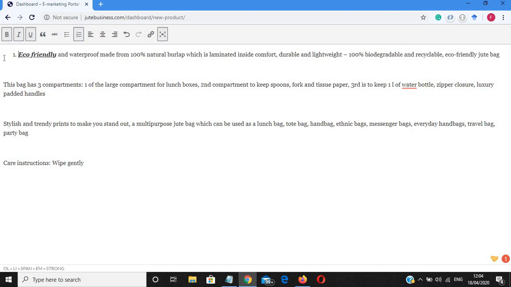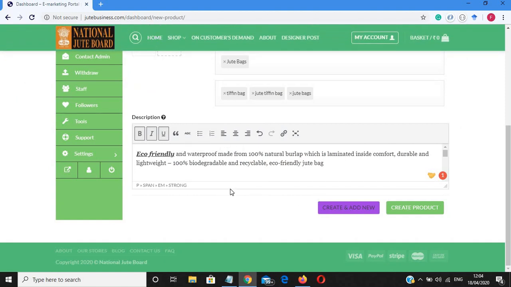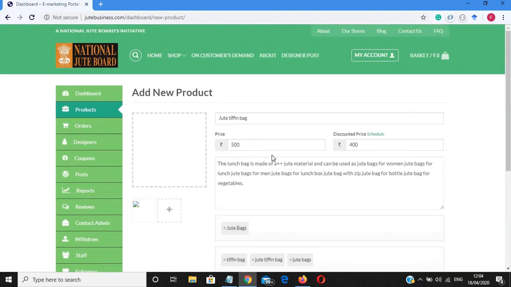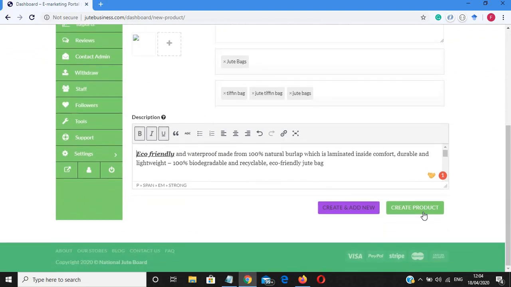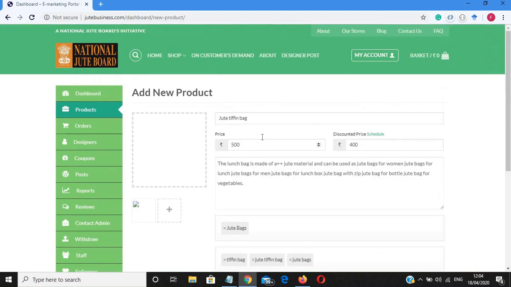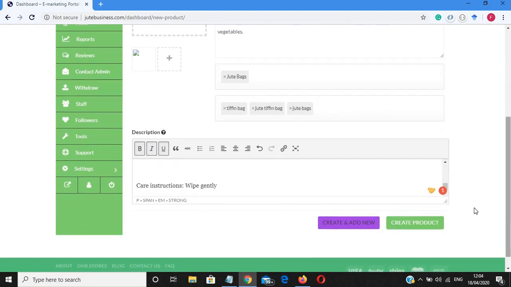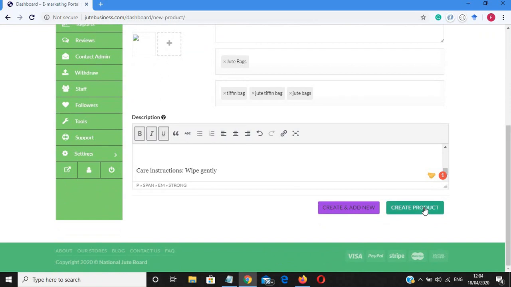If we click here, then the description will be in a list format, but currently I don't need it, so I will close it. After entering all the required details perfectly, click the create product button.